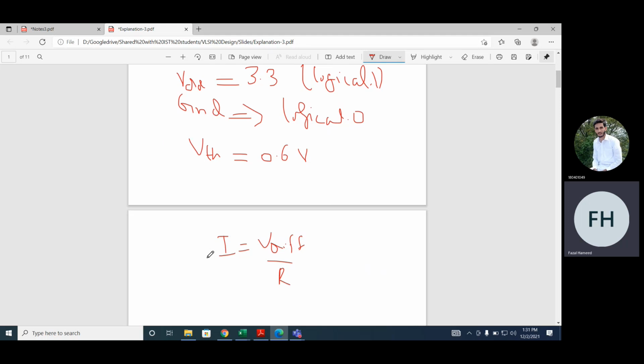But in actual CMOS logic, whether it is a PMOS transistor or NMOS transistor, R is not infinite. There is very high resistance when the voltage applied at NMOS is 0. Okay. So when VT is 0.6 volt, it means that some channel will be formed. It will start forming the channel, and when we increase the voltage, the channel will then completely form, and then there will be flow from the source to the drain.